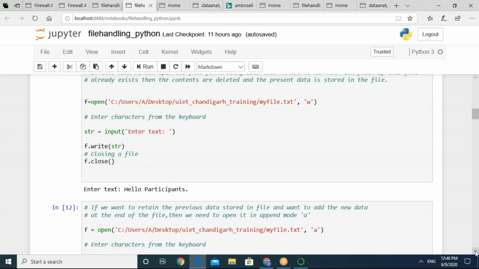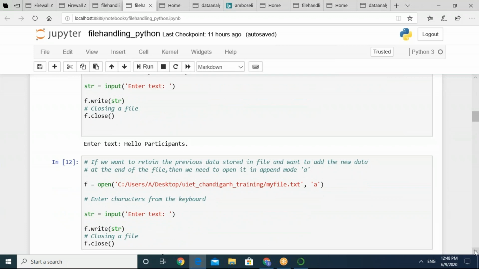In the end, after doing all the tasks, you always go for f.close, that is, closing the file handler. We also learned the importance of the append file mode, which adds contents at the end of a particular file.